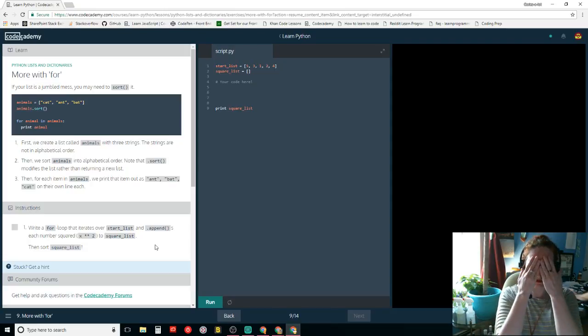Oh my god, this is not easy. Let's see. Write a for loop that iterates over start list and appends each number squared to square list. Wow.